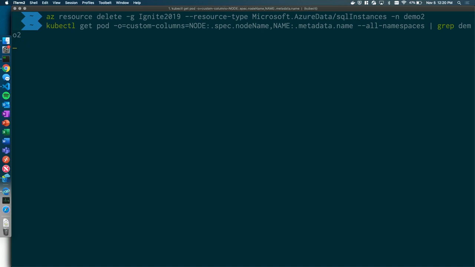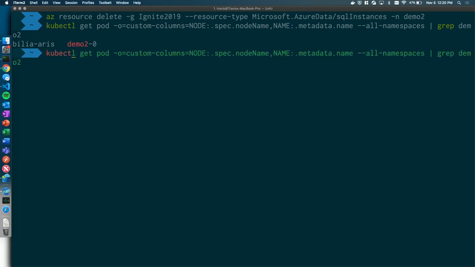So kubectl get pod, if you're not familiar with this, just shows the pods that are running on that Kubernetes cluster. And you can see that that demo 2 pod is now running here. And I can run another command, kubectl get service. And this will give me the endpoint that I need to connect to be able to connect to that instance that's running in that environment.